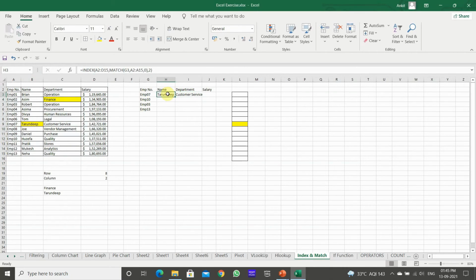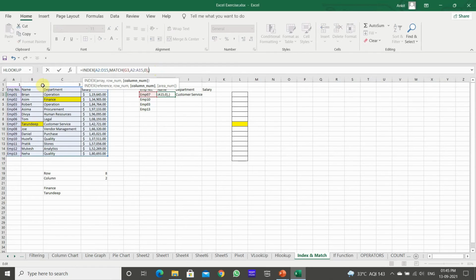Let's also generalize the function here so that we need not enter the formula again and again for the whole table. And the column number we need to put as a cell reference as well for generalizing it. B2, B1. Okay, the first one is A2, the complete table. We need to block the complete table.